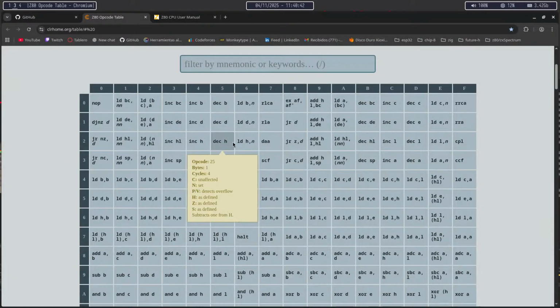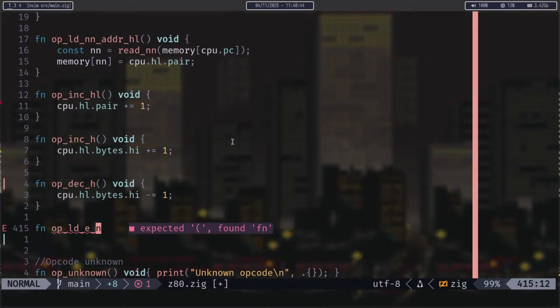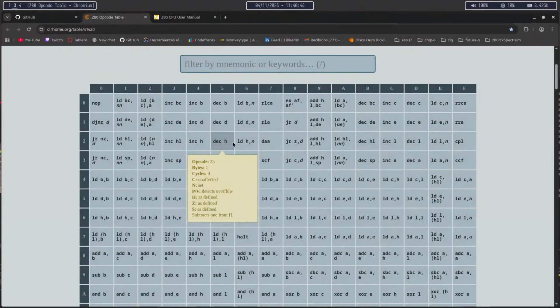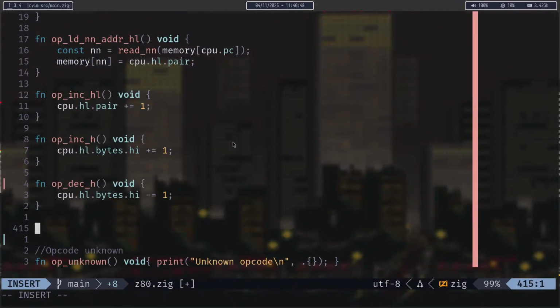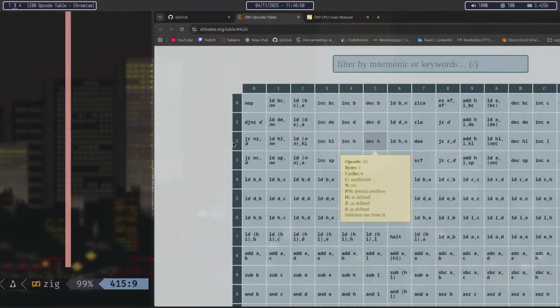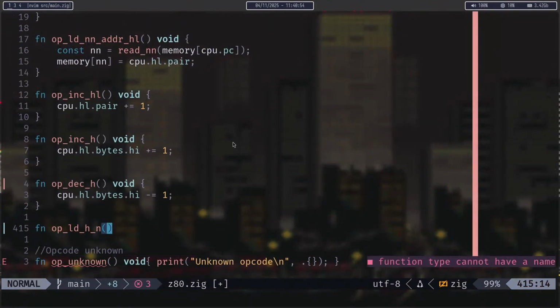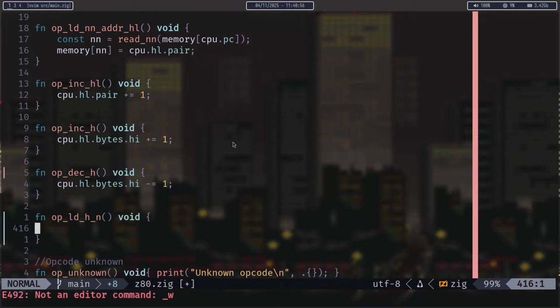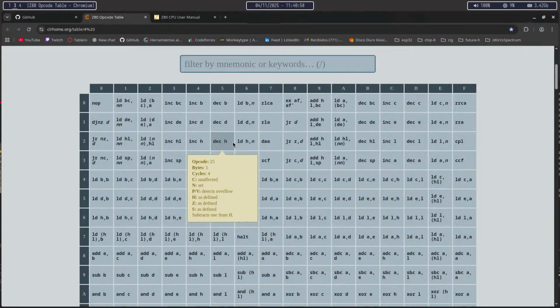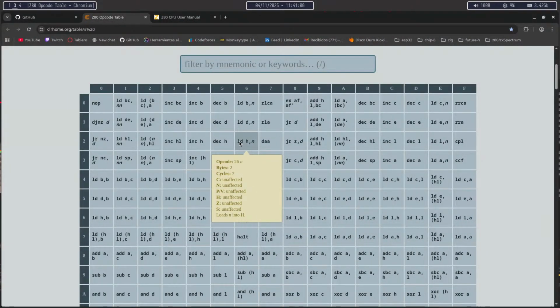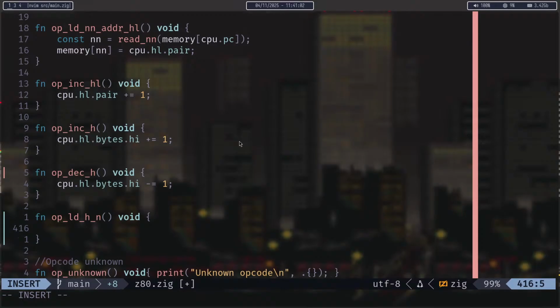Alright, so I'm not even there. Where am I? Deck H? Deck H, yeah. Alright. Alt H, and so basically I just have to load M into H. Okay, so CPU dot HL dot bytes dot high equals